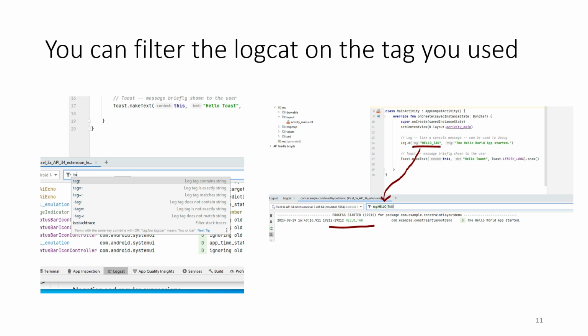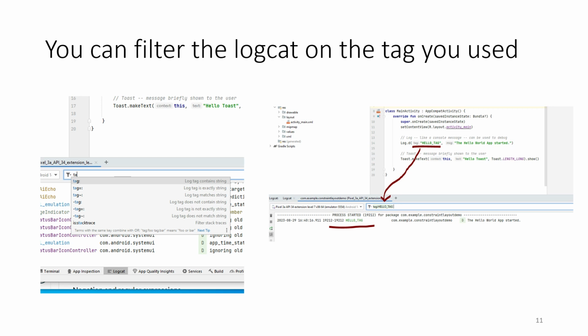There is a little bar at the top where you can filter your tags and or filter all the things that come in the LogCat. One way to filter is by tag, and it has various variations. You can get a tag that's similar to what you enter, or exactly what you enter, or contains what you enter. I think it's colon or equals. For me, there weren't many things called hello_tag, so it didn't matter whether I said contains or equals exactly,